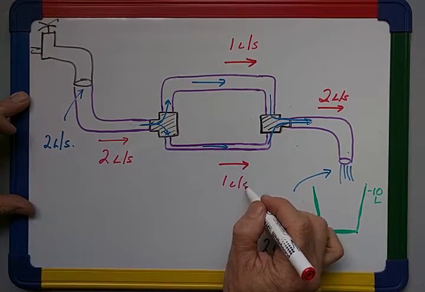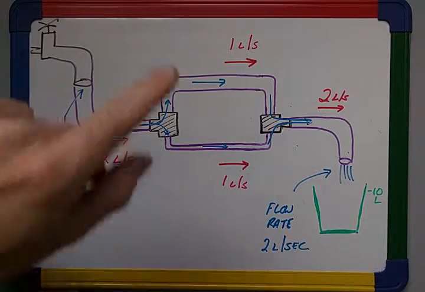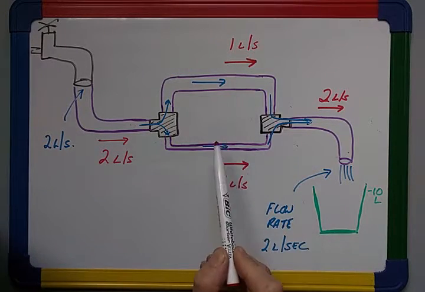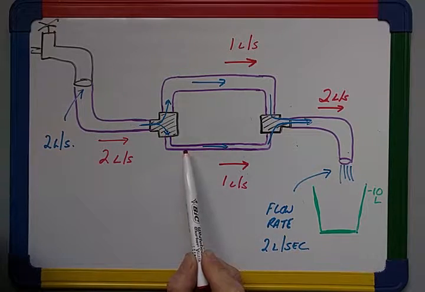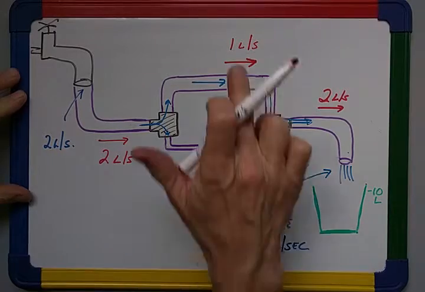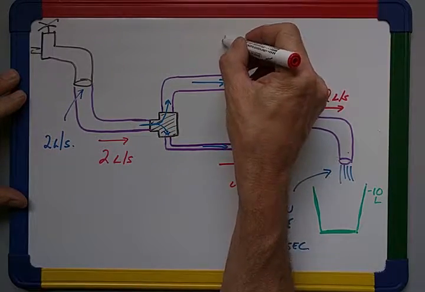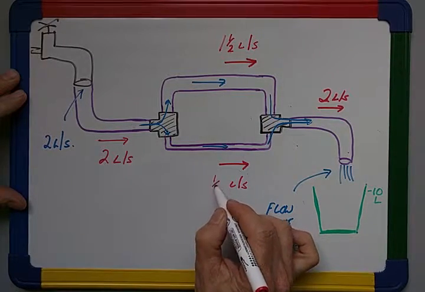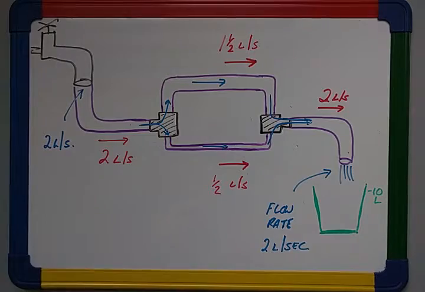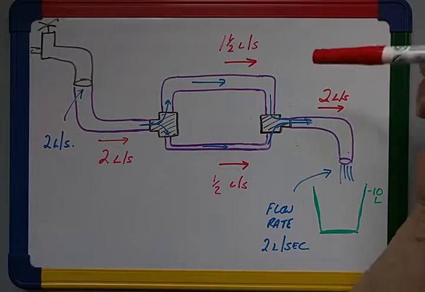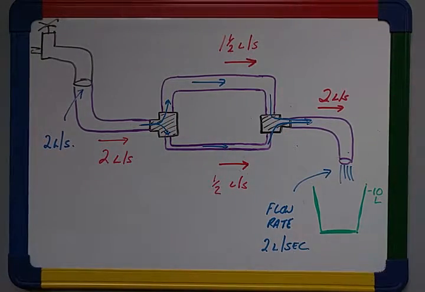However, that's unlikely, and the reason that's unlikely is because this is a wide pipe and this is a narrow pipe, and it's much harder to flow through a narrow pipe than to flow through a wide pipe. So probably a more sensible split would be maybe 1.5 litres per second there and just 0.5 litre per second through the bottom. So these are sensible answers. There's no correct answer here, of course, because it's just a diagram we've drawn up, but the principle is that